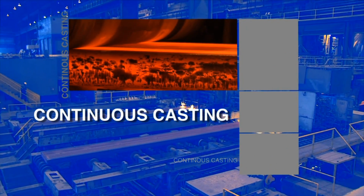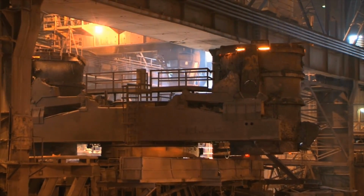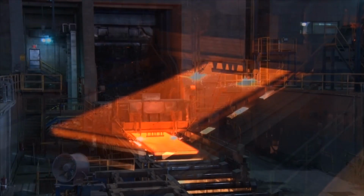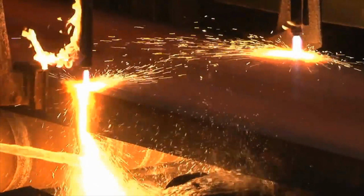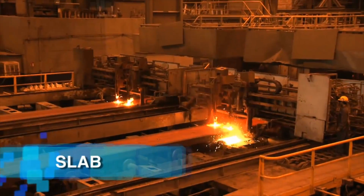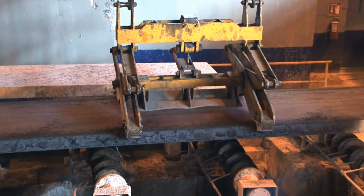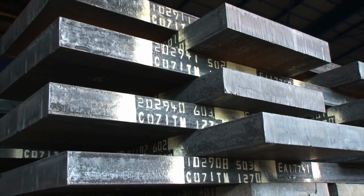With the treatment completed, liquid steel is transformed into slab on equipment called continuous casting machines. In this process, as it passes through a series of rollers with a cooling system, it begins to solidify until it becomes a slab which is cut with oxygas to the required dimensions. The steel slabs are produced in different thicknesses, widths, lengths, and weights, and each piece is labeled for later processing